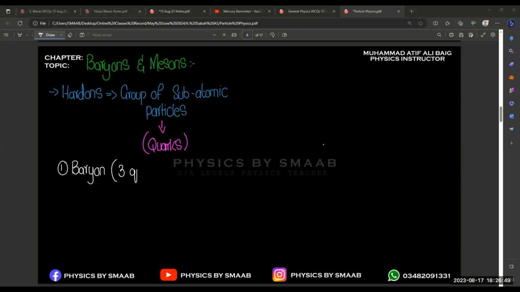But if we want to differentiate between those upper and lower categories, there are two more categories, right? The first one is the baryon and the second one is the mesons. They are also categories of hadrons, right? So the first one is the baryon, and in baryon we are working with three quarks. And if we talk about mesons, so in mesons we are going to work with